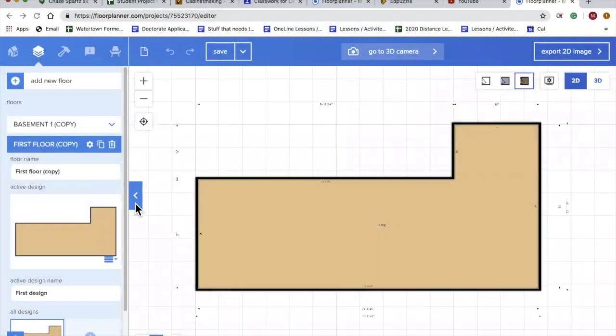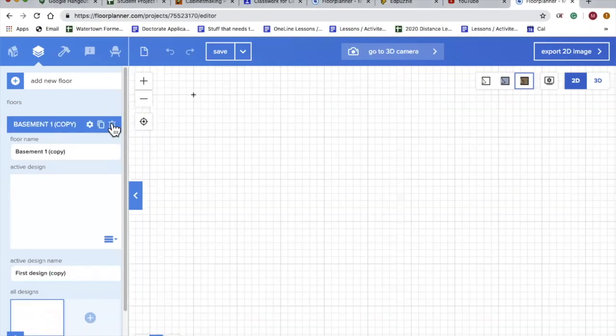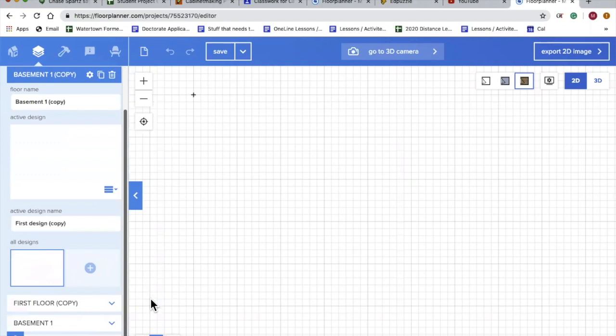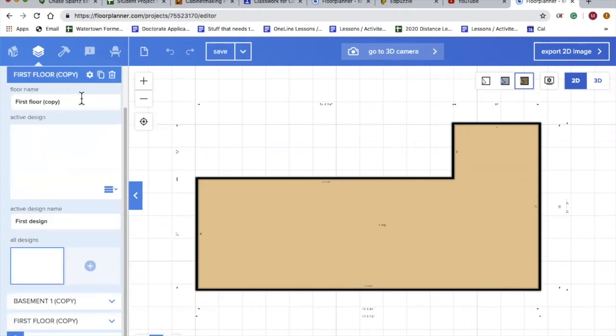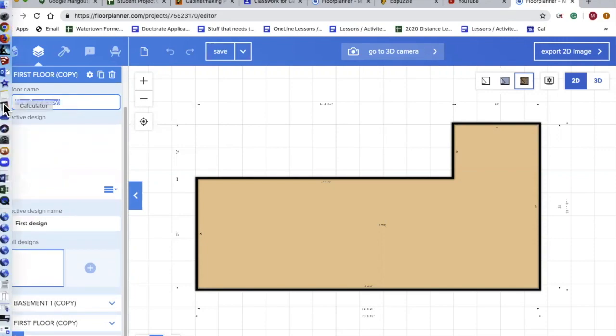All right, what I would do when you're ready to do a new floor or new level is not actually create a new floor, but if your dimensions are pretty much the same or you're going to work off the same part of the house, then what you could do is just go ahead and make a copy. So this would be my first floor. You might have some other things here, like I just made that copy of the basement, which I didn't want. And so I've got my first floor here. If I just hit this copy button and make that a copy, it's going to create a new floor, which I can then name maybe